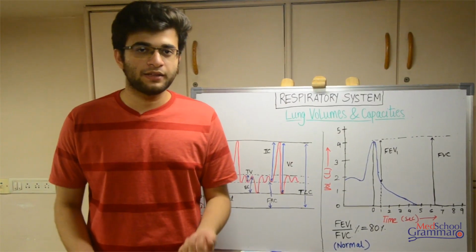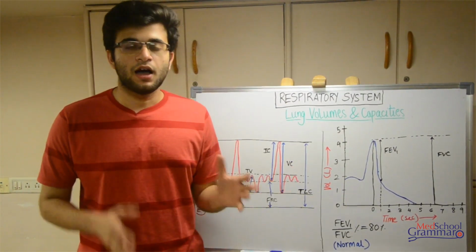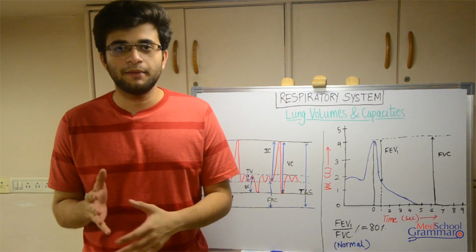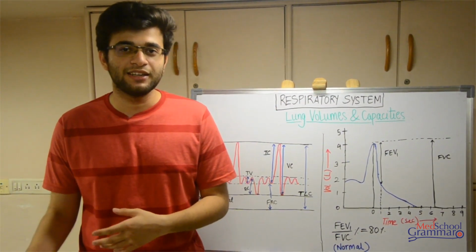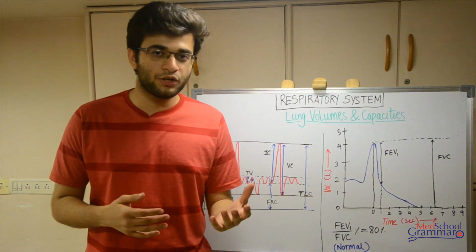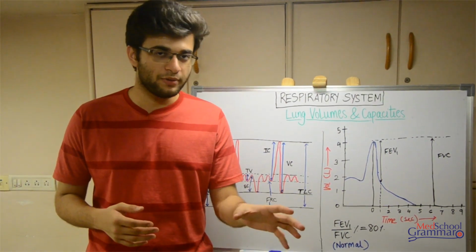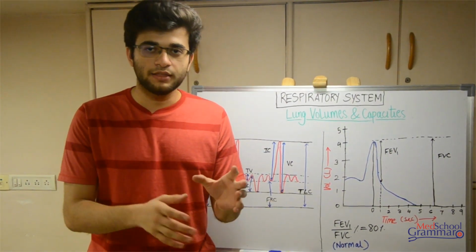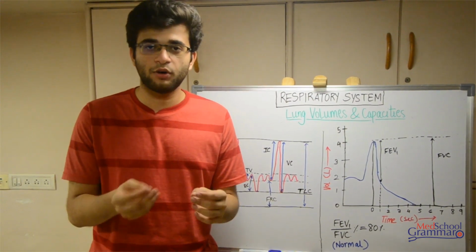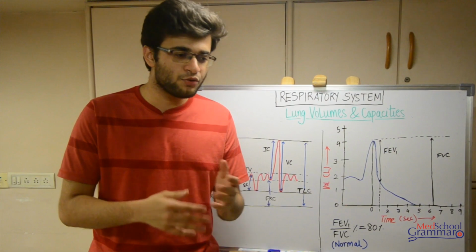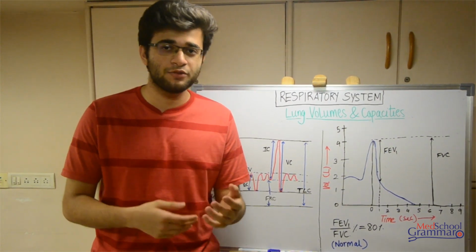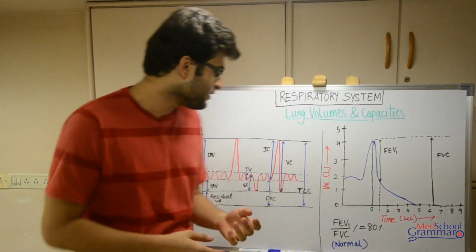Moving on to the next topic, that is lung volumes and capacities. How do you measure lung volume? It is done by using an instrument known as spirometer, and the technique is spirometry. So in this technique, there's a machine, a spirometer, where you blow into, and the machine records the amount of air that's blown per second, and this is how you get the data and how you calculate the different lung volumes.